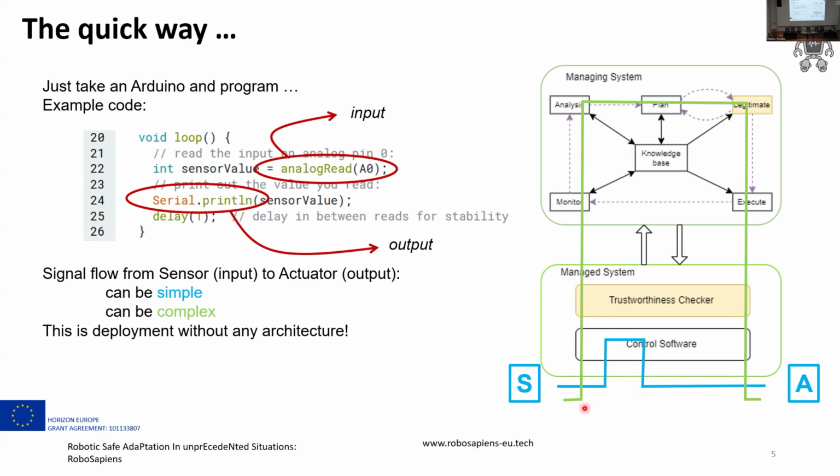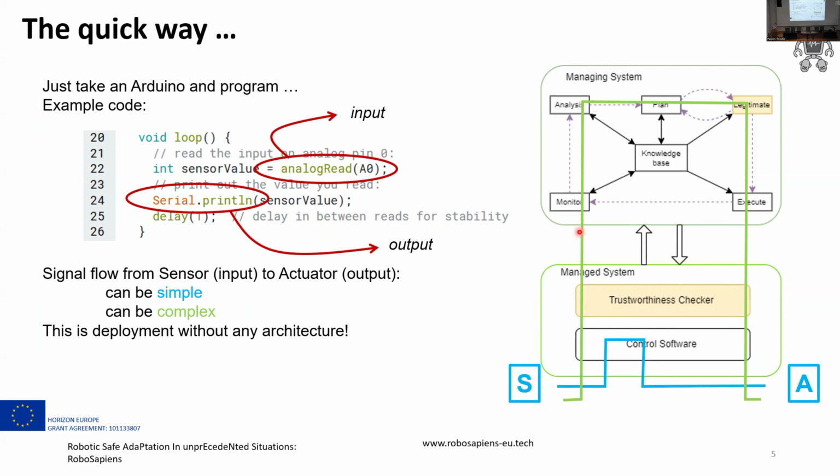This is a bit more complex. Now we have the MAPE-K loop included. We have that approach to include self-adaptivity also included here in this simple drawing. It's the green line. Sensors are telling the software, perhaps inside your Arduino,